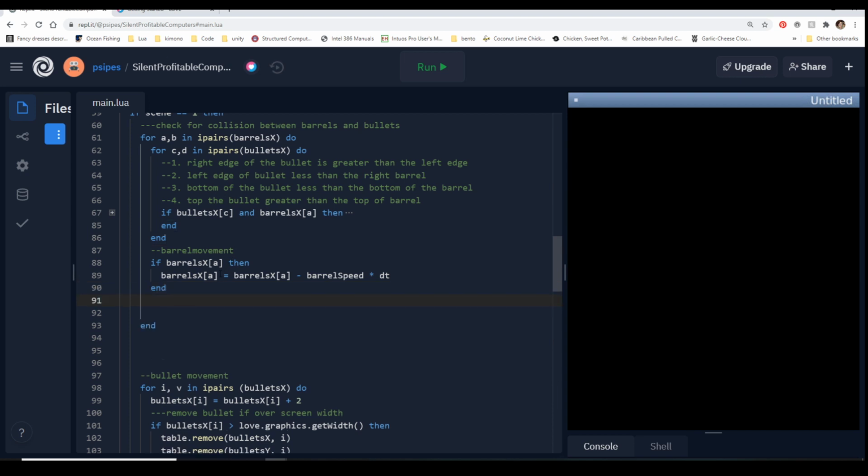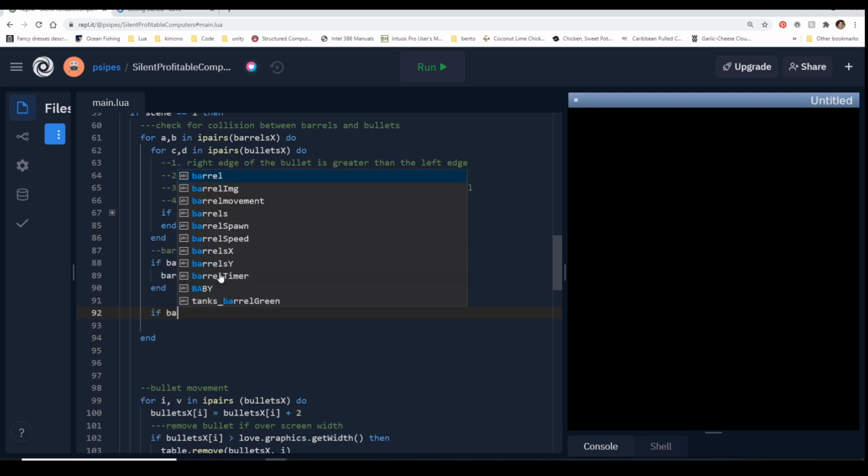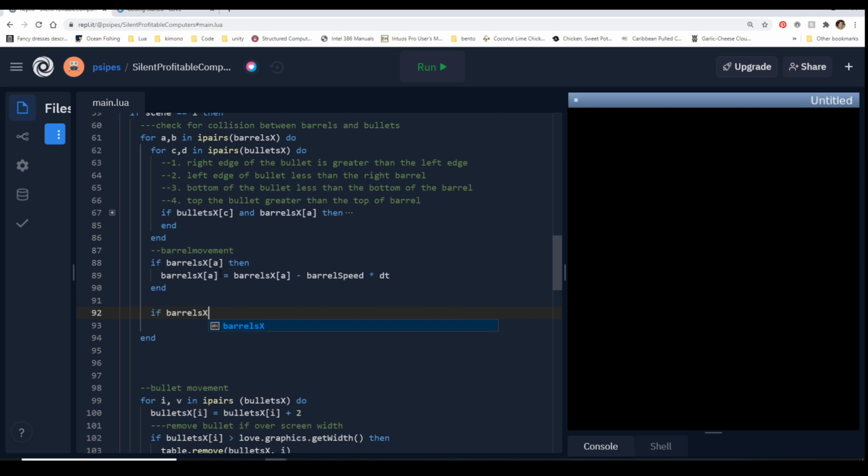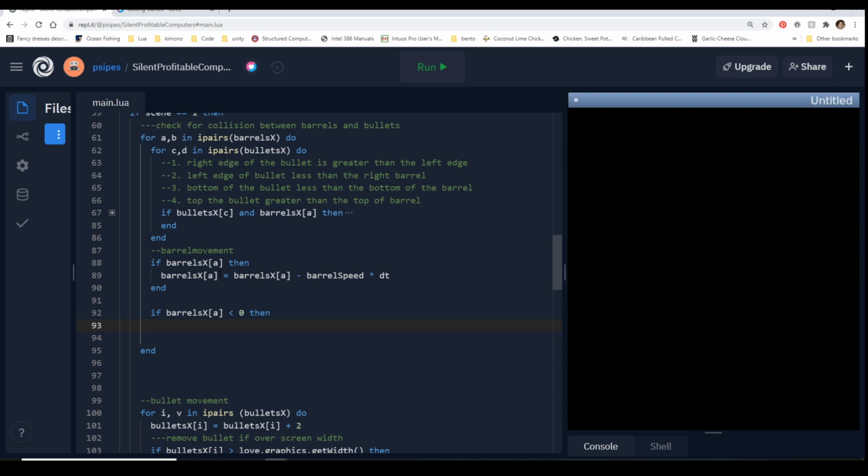So we can say, hey, if the barrel and their x value in that index that we're currently on happens to be less than 0, then game over. That's how we trigger game over.